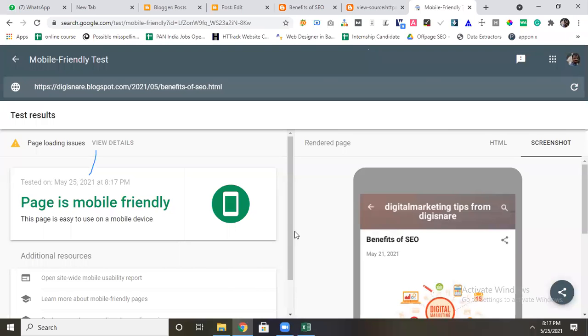Now see, you got a report. It is mobile friendly.